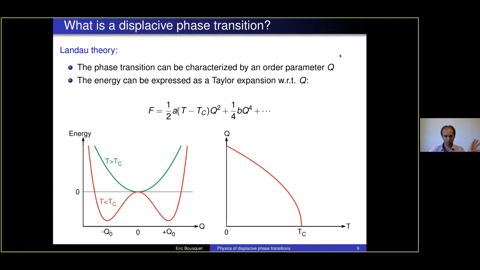Once you define this order parameter, Landau theory supposes that you can make a Taylor expansion of the energy with respect to the order parameter. Here the energy is equal to a Taylor expansion in which only the even terms stay: Q^2, Q^4, Q^6, Q^8, and so on, because your energy should respect the symmetries of the crystal, and here plus Q or minus Q should give exactly the same energy in your system. On top of that, in the Landau theory there is an extra hypothesis: the Q^2 coefficient is temperature dependent, with a dependence of the type T minus Tc. And that's it.